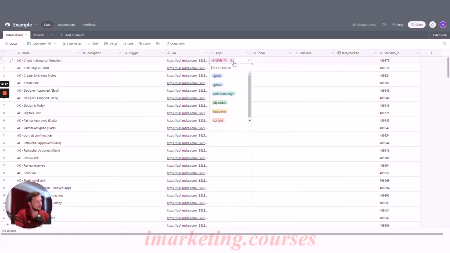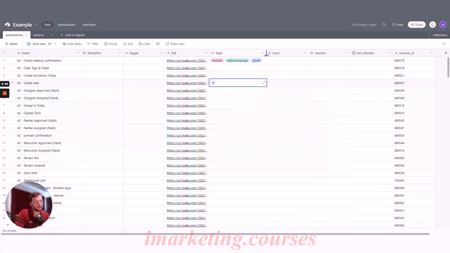So Airtable, ActiveCampaign, and Gmail. So that's essentially listing out the apps. Now, the benefit of doing something like this in Airtable is if, for instance, you had a Gmail,